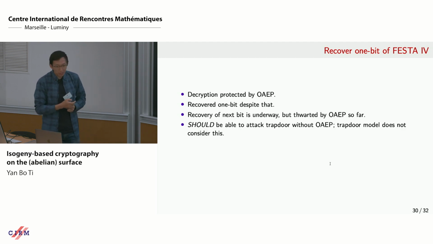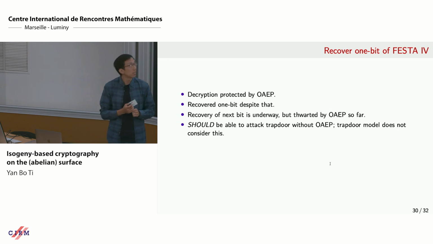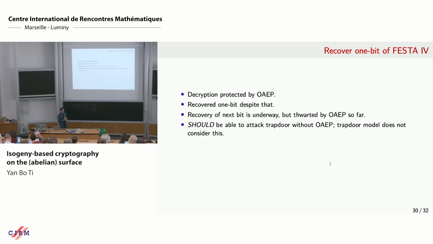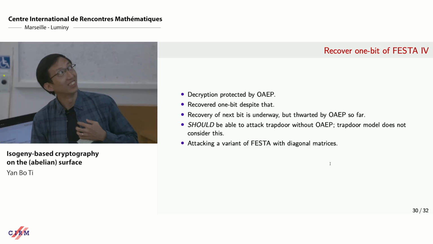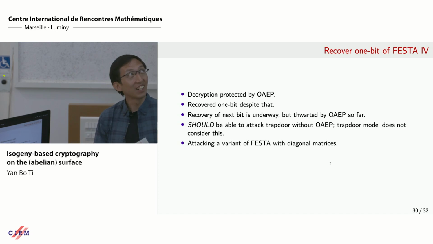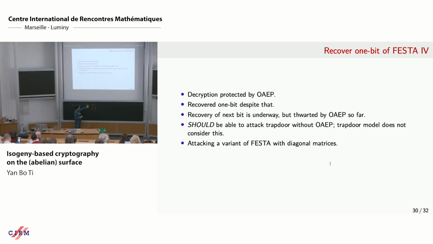But we should be able to attack the trapdoor because the trapdoor doesn't have an OAEP. And it should be noted that the trapdoor model does not consider the adaptive attack. So we are hopeful that this can be done. But I've been burned many times. Hope kills you, really. So attacking a variant of FASTA, we are actually attacking a variant of FASTA where these